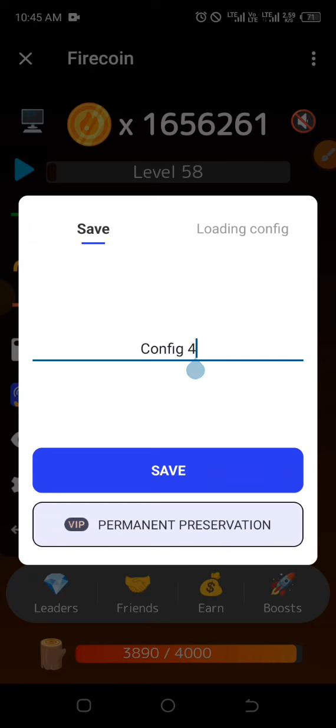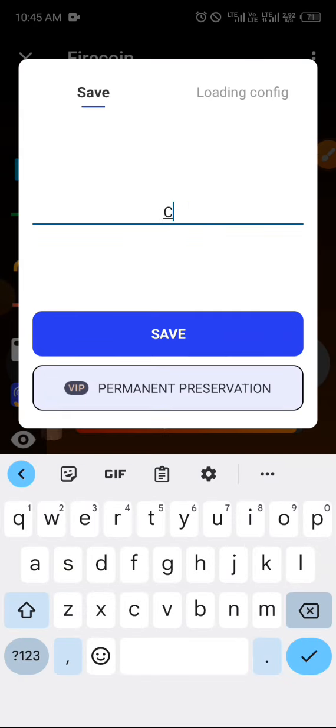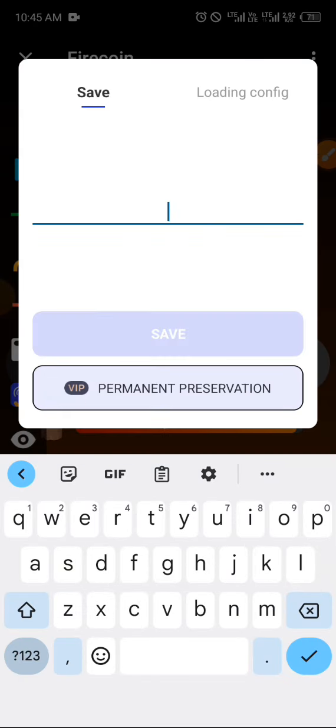Probably I can even type the name of the platform. Maybe I can just say Filecoin, for instance. Then click on save. Now that has been saved. If I want to switch between the ones I've saved before, I will just click on that save icon there, this save icon,